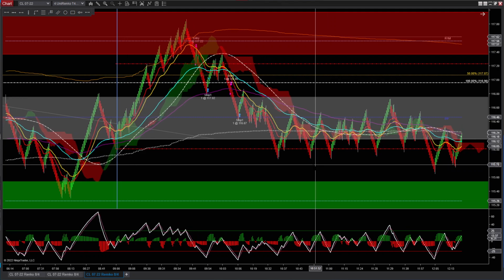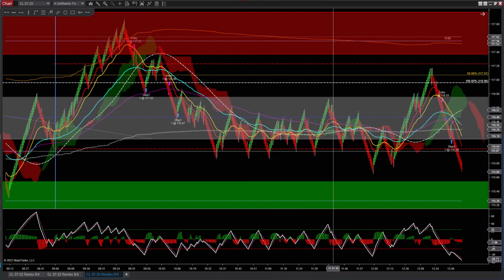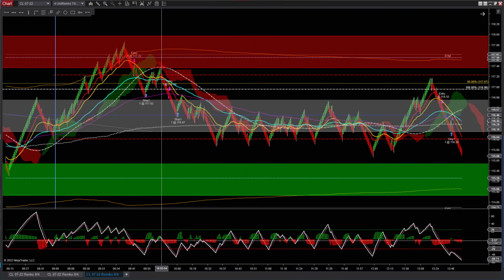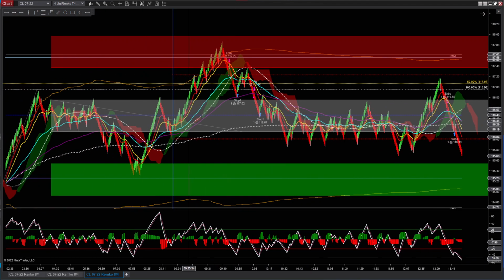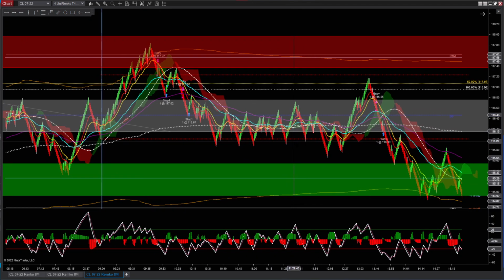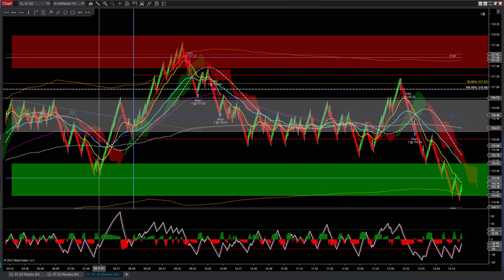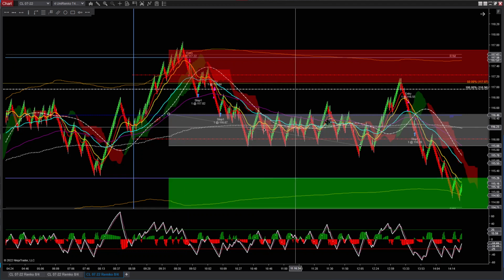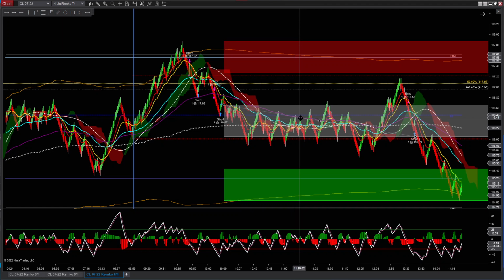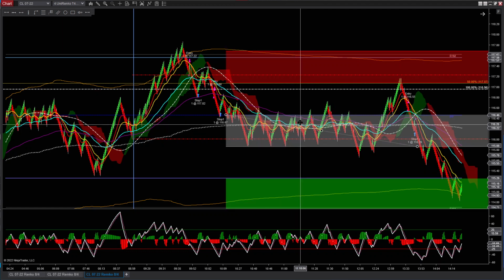Now we do have another range, right? So what do we do here? So basically the range was modified. So you can paint a new range here, or you can move this one. What I'm going to do is move it a little bit, and this is the range in the afternoon, so you would see what I was thinking in here.